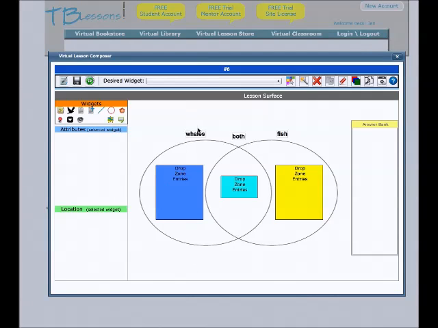You have 3 text boxes, just like in a Word document, and you have 3 drop zone entries, which gives you the ability to put more than one answer in each of these drop zones. So this is the perfect layout for a Venn diagram comparing whales and fish. When students click to begin the lesson,